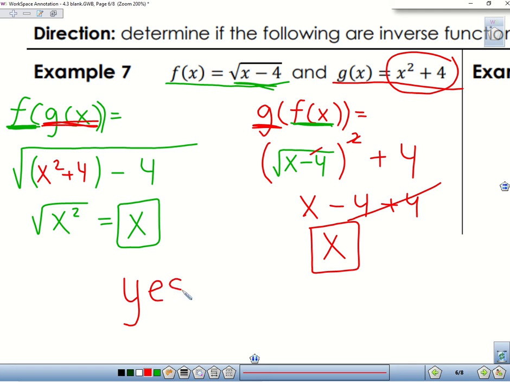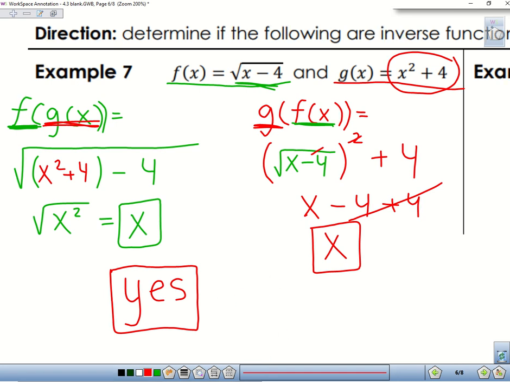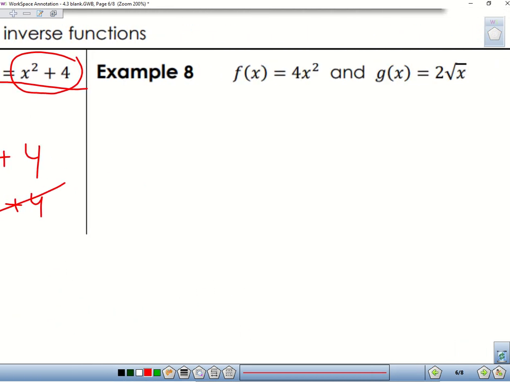Yes. Now, just want to give you some fine print here, okay? They are inverses of each other, but that doesn't mean that they're inverses on a non-restricted domain. So basically, these are inverses, but on a restricted domain. Just like with the quadratic when we looked at, there is a restriction. So you can find that something's an inverse using this method, but it's not going to tell you about the domain restriction, so you'd have to go into further investigation about that. So I just want to put that out there and make it clear. So let's move into example